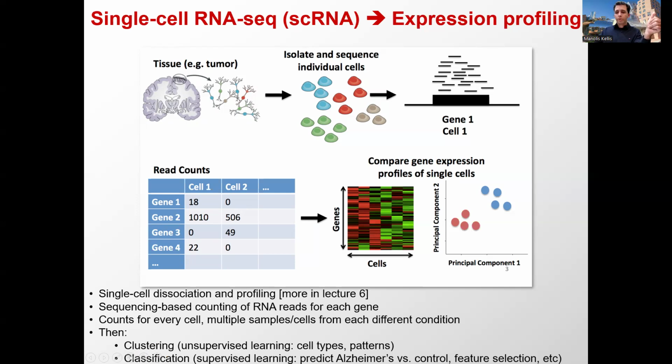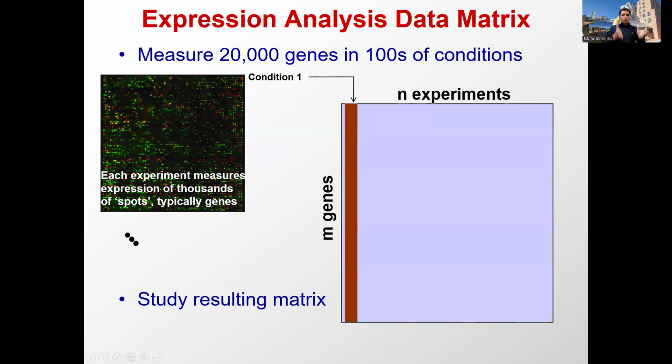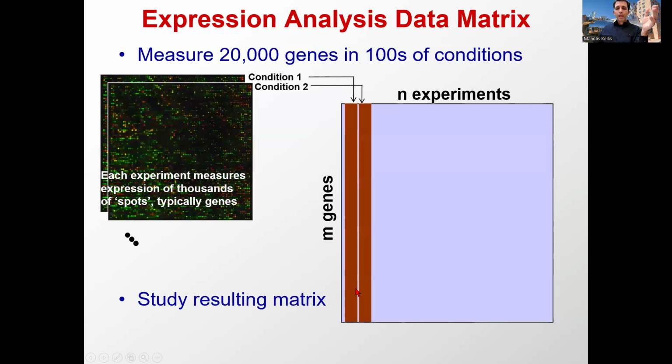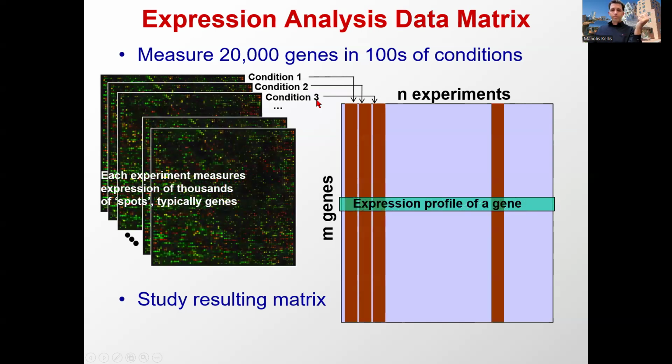Everybody with me here? Awesome. So very simply, we're going to be measuring 20,000 genes in hundreds of conditions in thousands of cells, and for every condition where I did a measurement, I get the expression of a bunch of genes, sometimes partitioned by cell. Then for the next condition, and the next, and the next. This could be, I don't know, 400 individuals. That gives me an expression profile for a given gene across these conditions. So I can start asking questions about the experiment dimension or about the gene dimension.